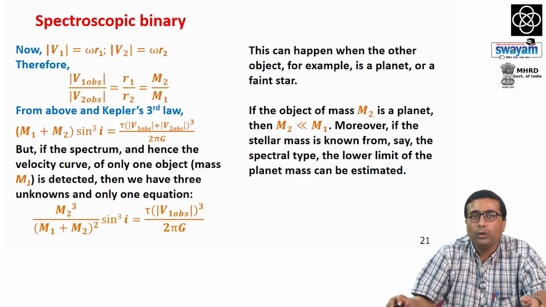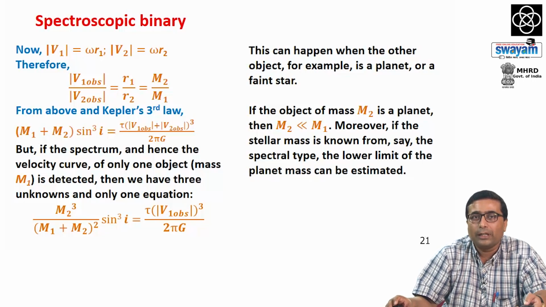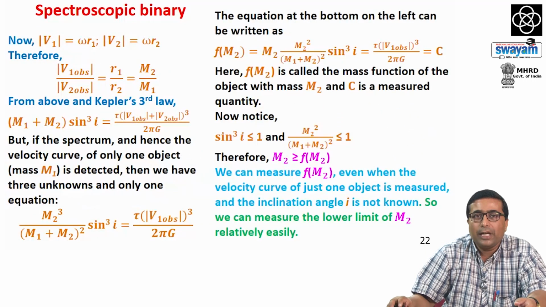Now, since we do not know I, we cannot measure the mass m2, but note that the upper limit of sin I is 1, and putting that we can get a lower limit of the planet mass m2. So, this is how even when we have just one equation we can measure the mass of the planet. Now, consider this single equation, but three unknowns, that is the same equation. We can write the equation in this way: